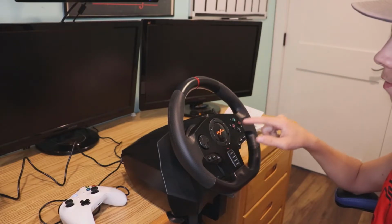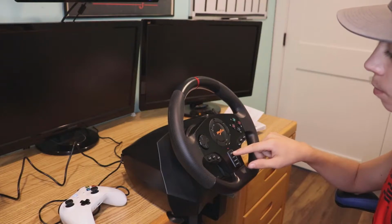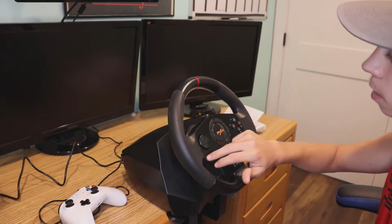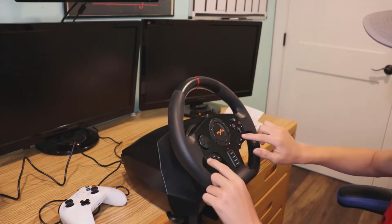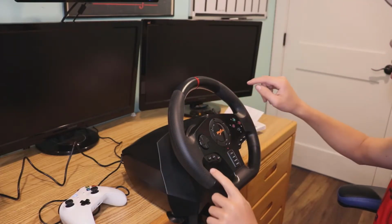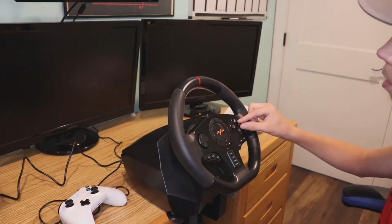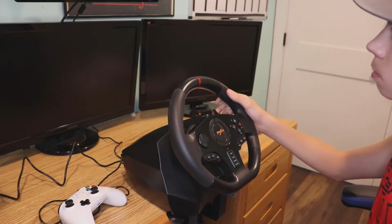Reprogramming buttons is very easy. You just hit the program button, press and hold it, and then you hit any of these buttons right here, either the paddles or these six. And then you hit the button you want to reprogram, and then what you want to program it to. So say I want to program B to my right paddle, I would